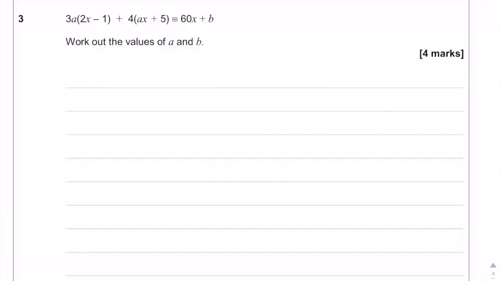Question 3 says 3a all multiplied by 2x minus 1 plus 4 all multiplied by ax plus 5 is equivalent to 60x plus b. So to find the values of a and b, what we can do is we can expand those brackets and then compare coefficients. So if I write this equation out,